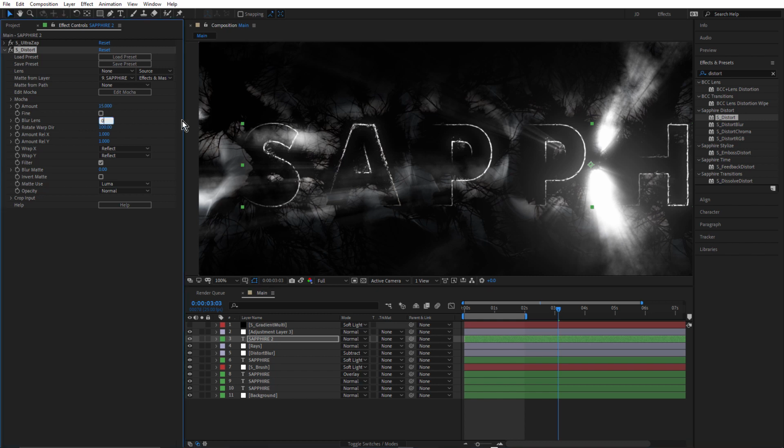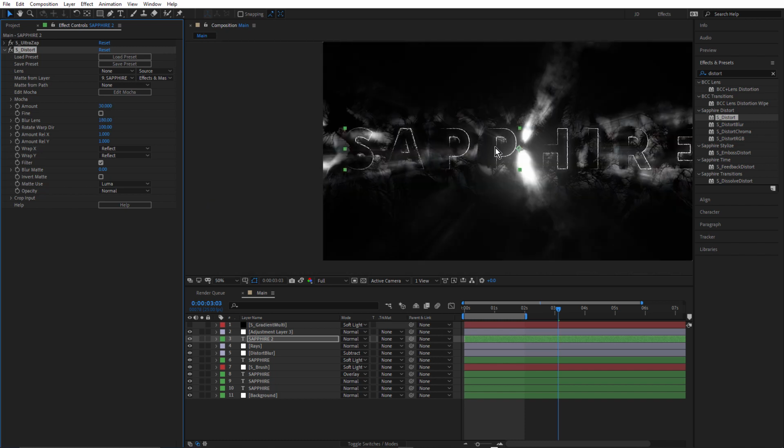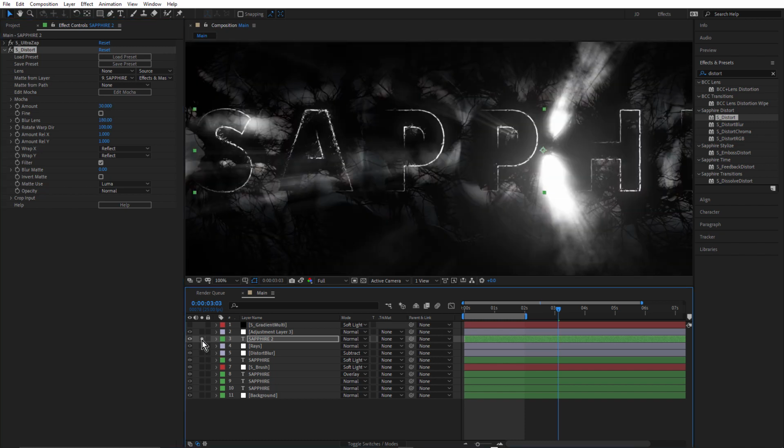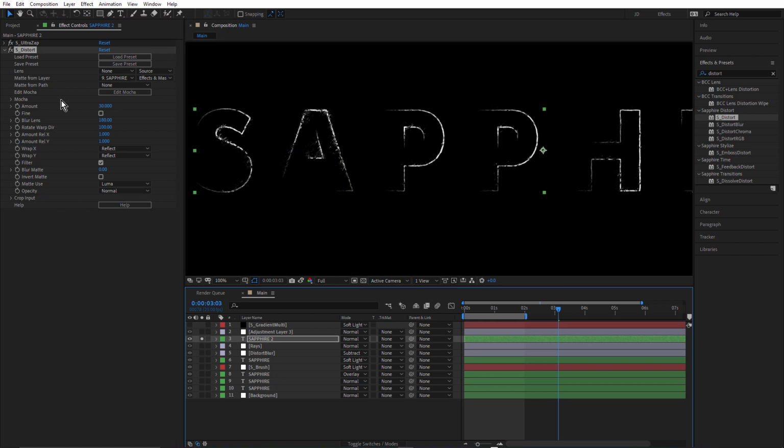Let's just bring that actually down to 0 blur lens. Okay, so that's definitely not helping. What about if we double it, 180? And this is what it's all about, just applying the effect and experimenting with different values. Let's bring the amount up, make that 30. And I'll turn that off just for now. See what we're getting without it. Wow, that really goes crazy, doesn't it?